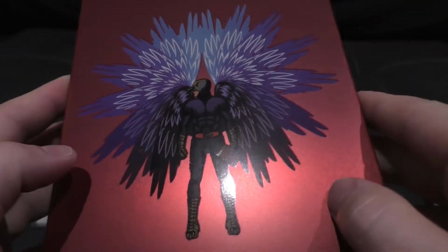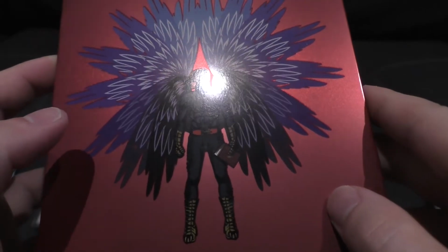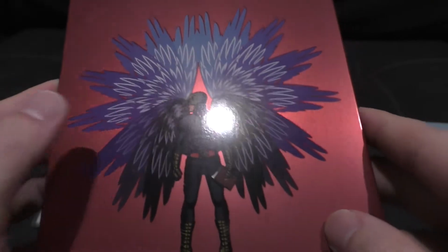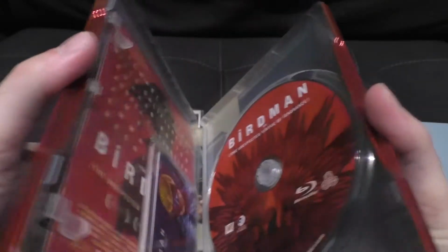As you can see, it's nice and reflective. He's got a book in his hand, probably a script for the film or something, or the play even. And yeah, I don't really know what the symbolism of the whole wings going around is, but it's a nice image, nice look to itself. So then we'll open it up,